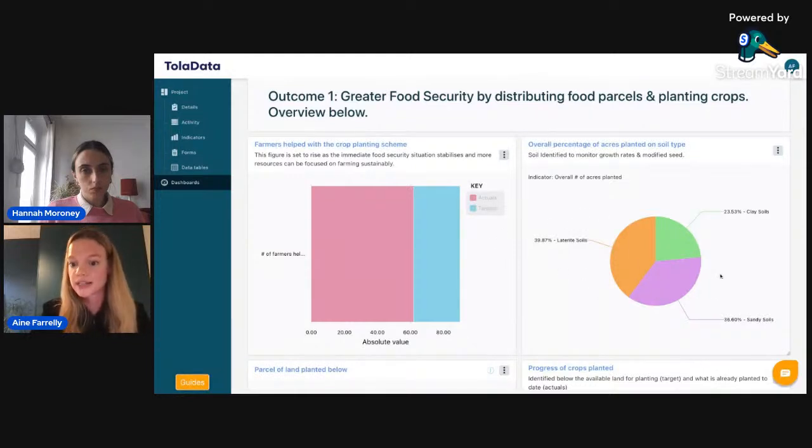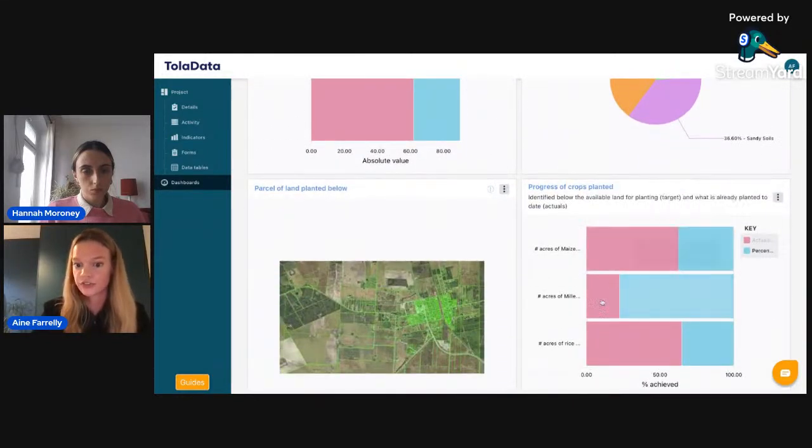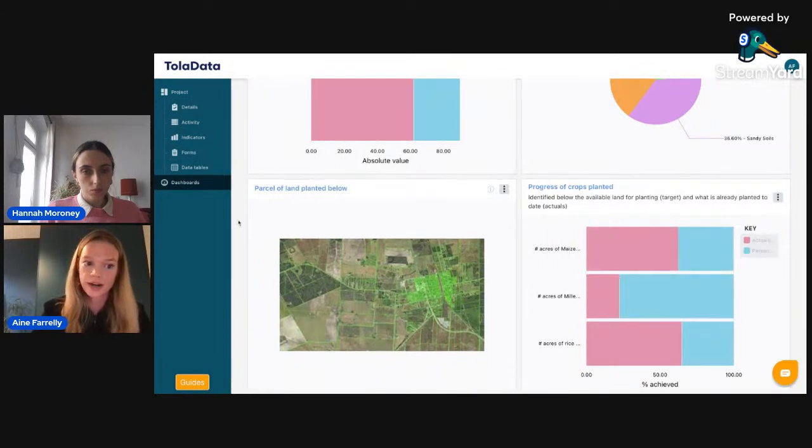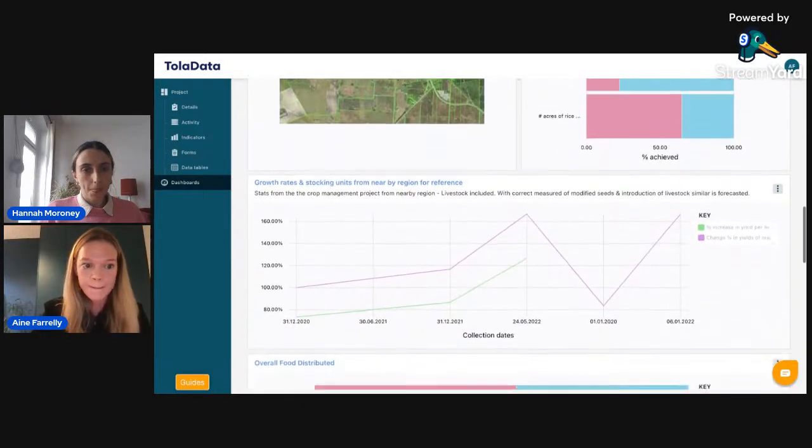This is a breakdown of our disaggregations in a pie chart. So this is the overall look of them, but I wanted to break that down further into each different crop. So you can see I've done that there. This is the parcel of lands that we've planted. So that's similar to the map that we're keeping in the office.